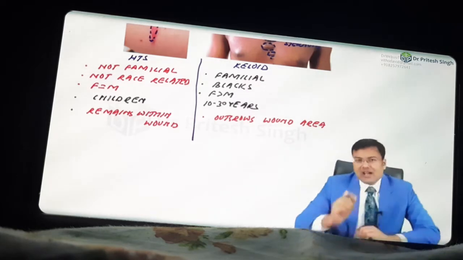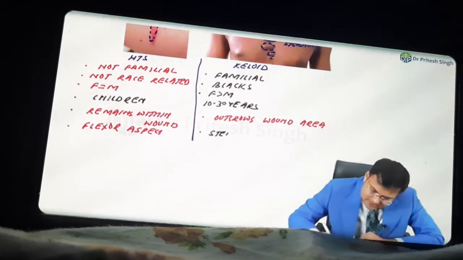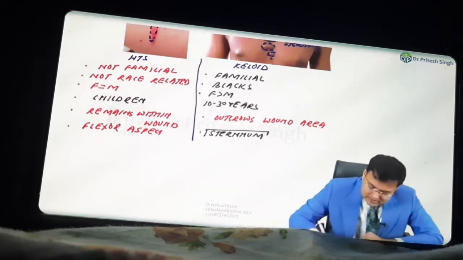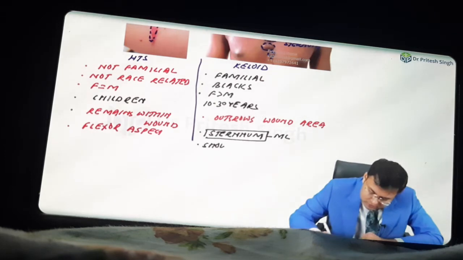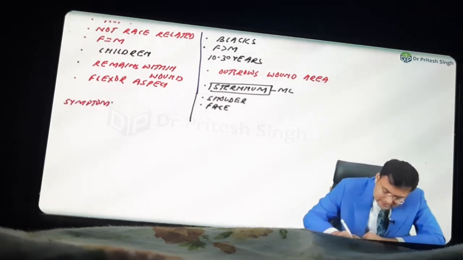It is related to tension, and that's why it is more common over the flexor aspect. Whereas I told you, in keloid, the most common site is the sternum. Other sites are the shoulder and face. Now, if we are talking about the symptoms, you have seen that this hypertrophic scar is raised on its surface,